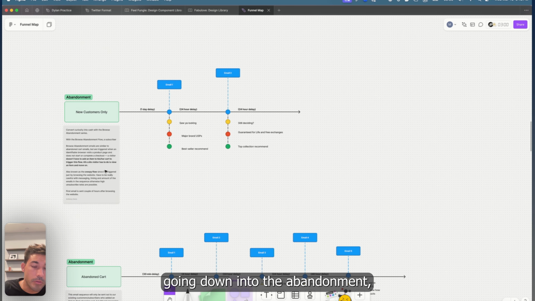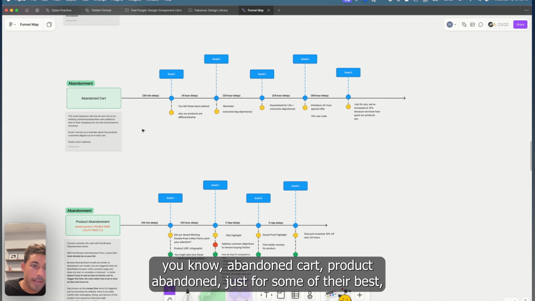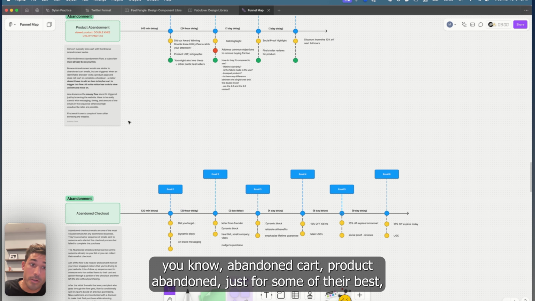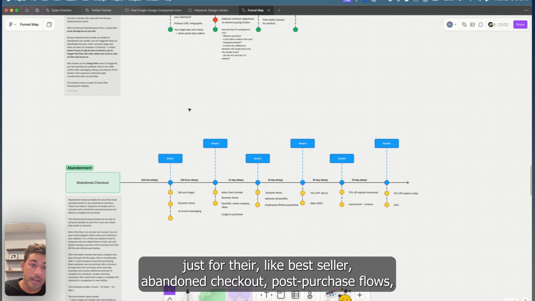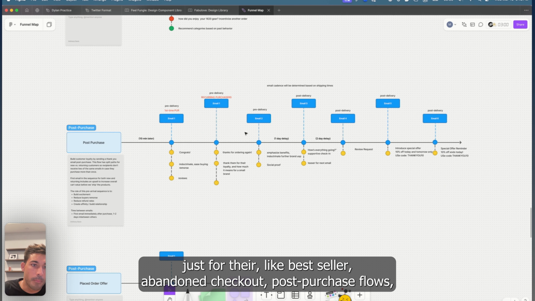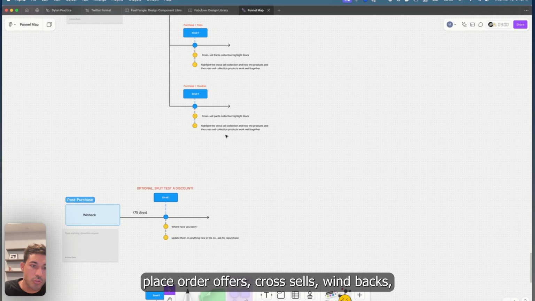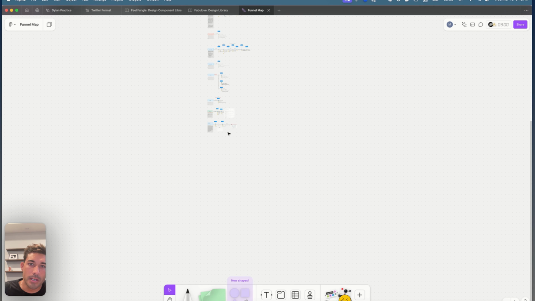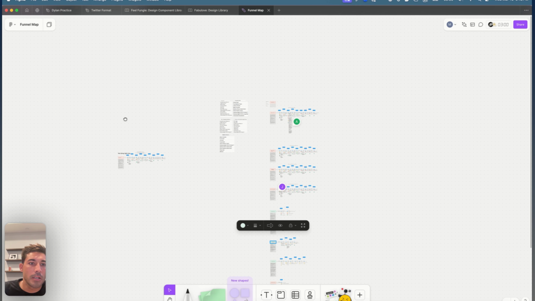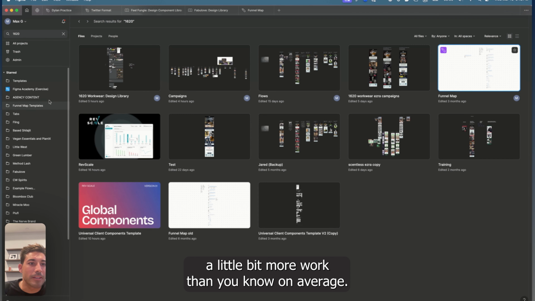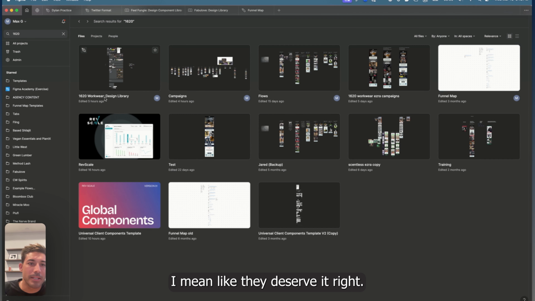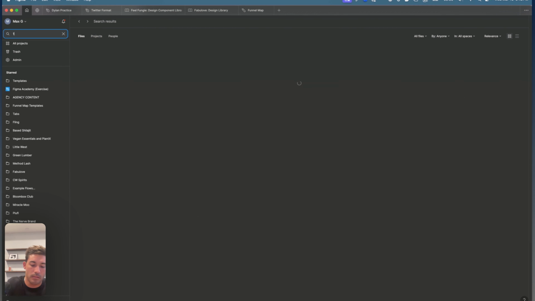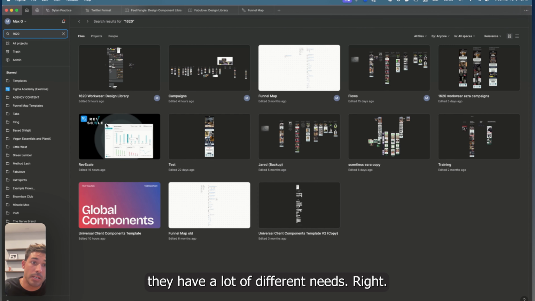Going down into the abandonment: abandoned cart, product abandoned just for some of their bestsellers, abandoned checkout, post-purchase flows, place order offers, cross-sells, win-backs, window shoppers, sunset flows. So just doing a little bit more work than on average. I mean, they deserve it, right? They're a solid sized brand, and they have a lot of different needs, right? And so